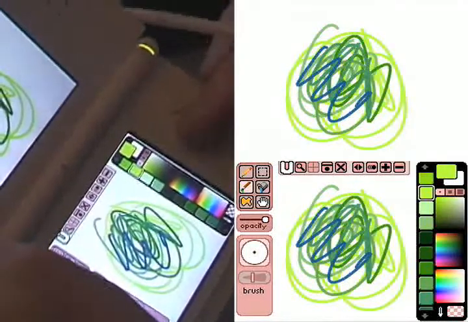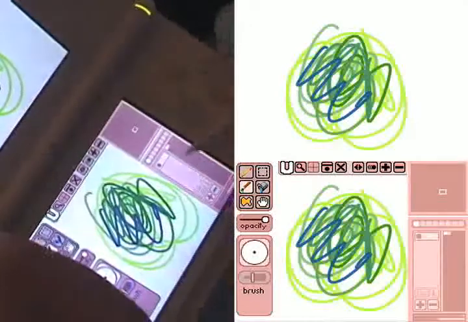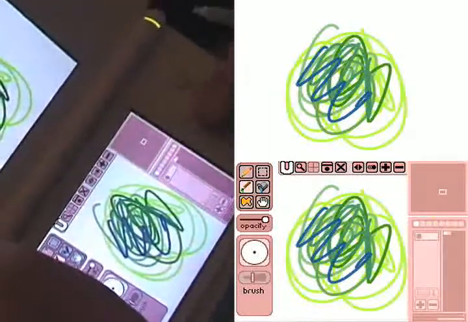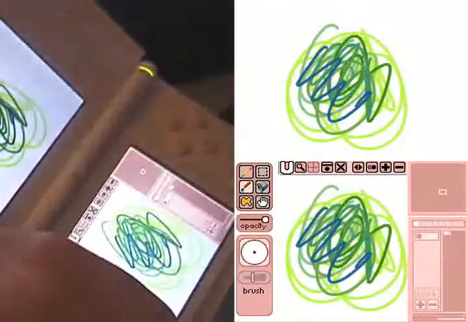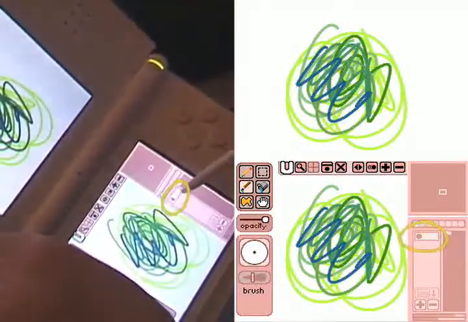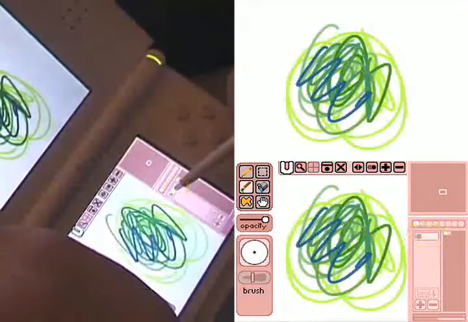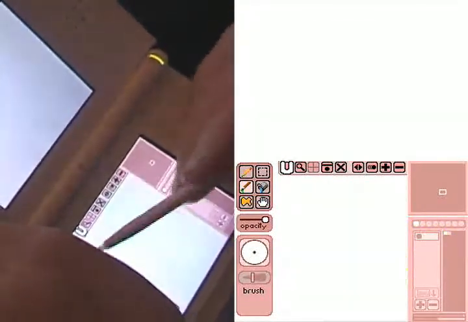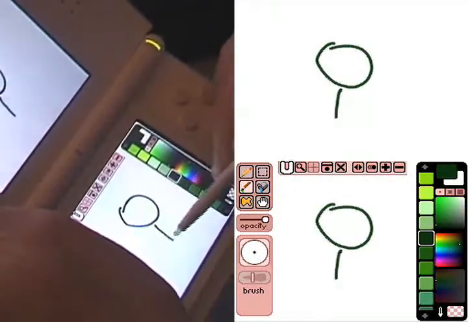Inchworm has the concept of layers that people who use Photoshop might be familiar with. If you hit the Y button, you toggle between the color controls and sort of the layer and animation controls. Here we have our current layer, and if you tap that little dot, it turns it on and off. I'm going to clear the screen. Let's see. So I'm going to draw something into this layer,